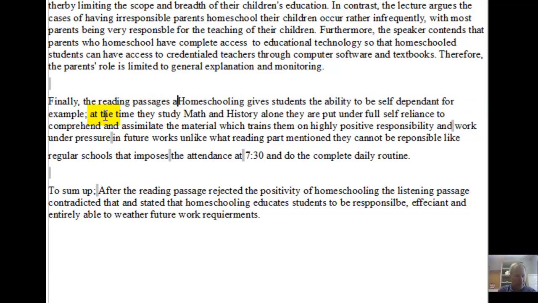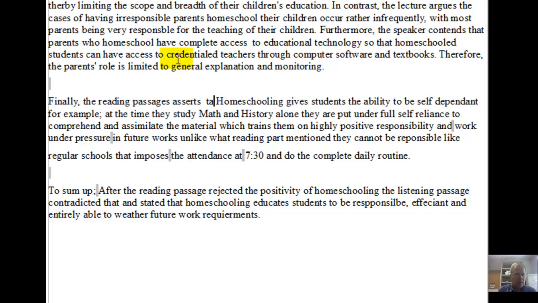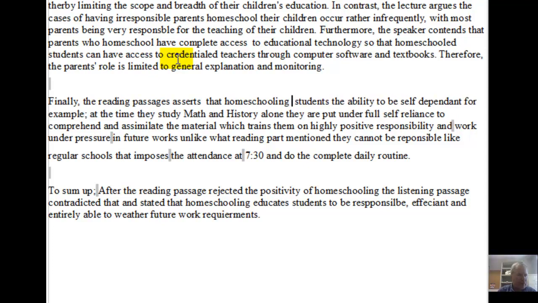asserts. Notice how I try to use different words there. I said here asserts. Up here I use the word confirm. So by using different words when you're introducing the source material, that demonstrates to the IBT TOEFL raters that you have a fairly good range of vocabulary. So the reading passage asserts that homeschooling will give students the ability to be self-dependent. For example,